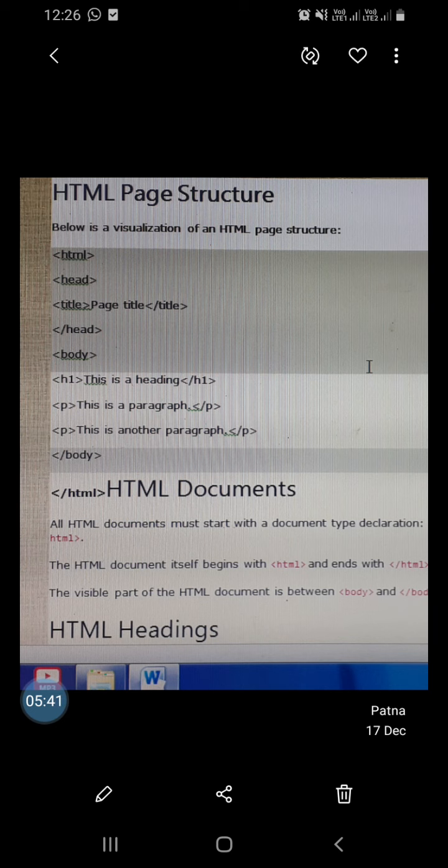This body part can display the information using different objects, but first of all we have to display the information using the heading tag and paragraph tag. It means the textual information can be inserted in the web page using a heading and a paragraph. For this purpose, the page contains the H1 tag and P tag. Here H1 stands for heading tag and P stands for paragraph. The other structure and attributes used with the heading tag and paragraph tag we will discuss in another video.